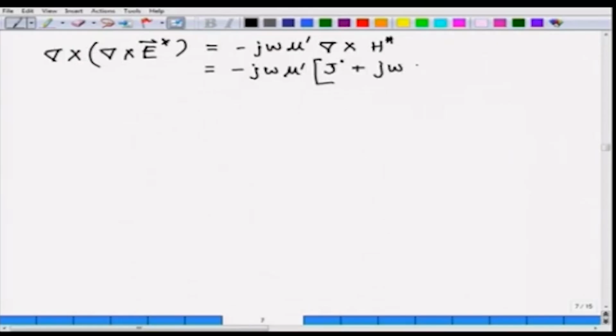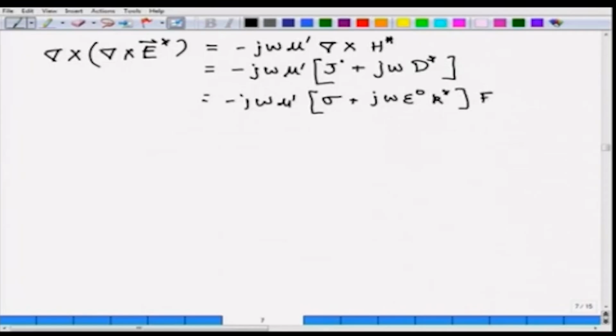D star, let us write two more steps and then do it. This is this quantity. Now we will further expand this. This is equal to minus j omega mu prime. We will write this as sigma, the conductivity, times E, plus j omega epsilon naught k star times E. We will write this as follows. Let us look at the left side also. In fact, we can write this as